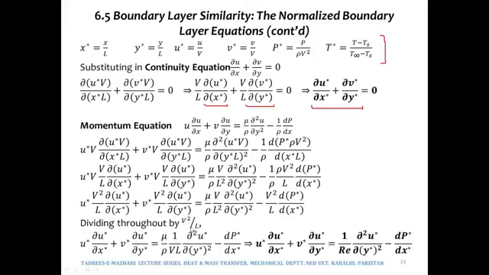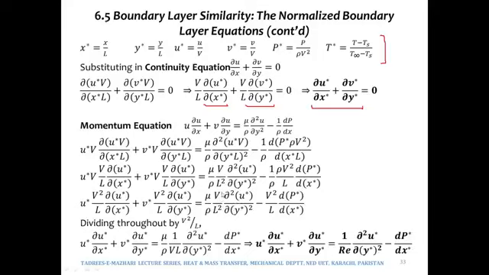Now if we divide throughout by V squared by L, we would have u star times ∂u star by ∂x star as the first term on the left hand side. The second term on the left hand side would be v star times, since we are dividing throughout by V squared by L, so this will vanish, and we will have ∂u star over ∂y star. On the right hand side again V by L squared will vanish, and we will be left with mu upon rho times